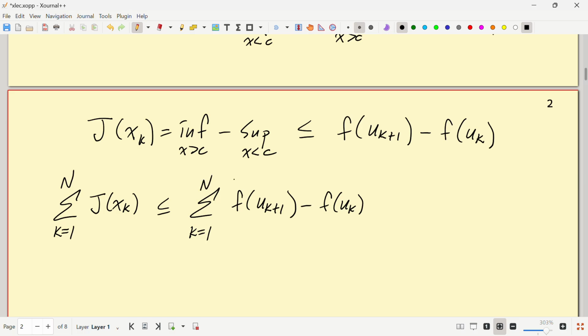And those telescope. So let's see, those would telescope down to f of u, what did I say, k plus 1. Yeah, the last one would be the one I'd have to stick between